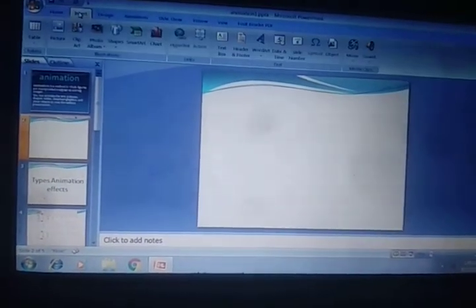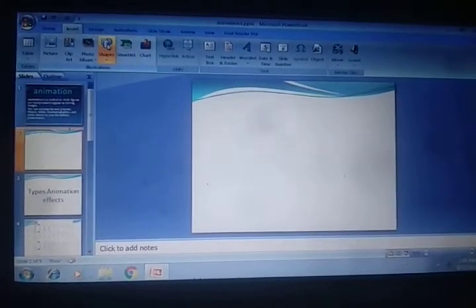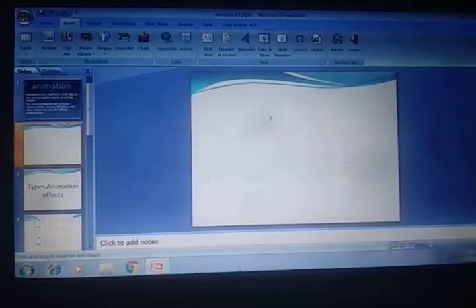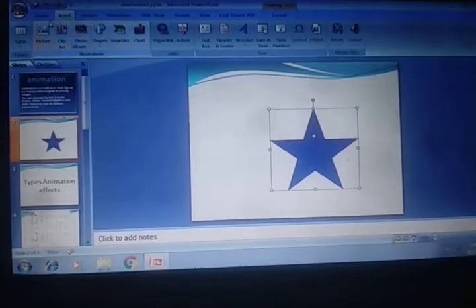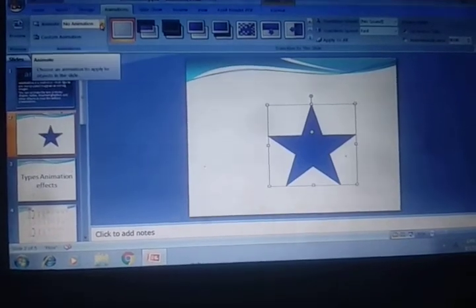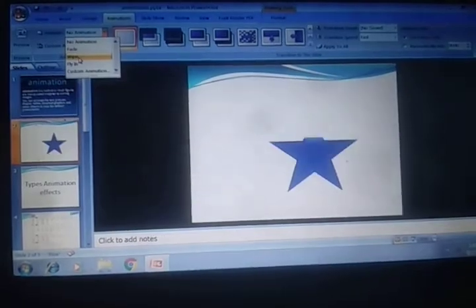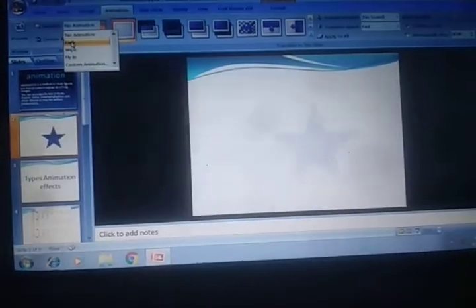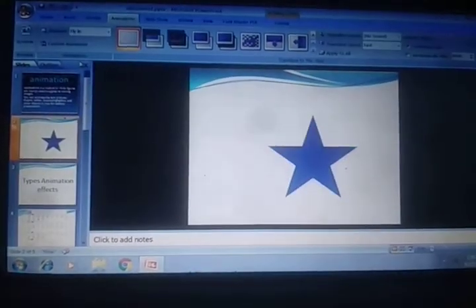Then insert any object or picture, whatever you want. Circle, star shape, drag and drop. To give animation, go to the animation tab. No animation appears here. So you can choose any animation: fade, wipe, fly in or custom shape. Fly in. Okay.